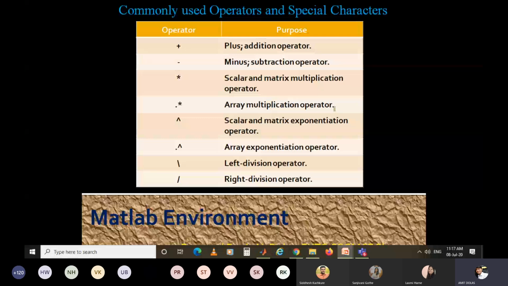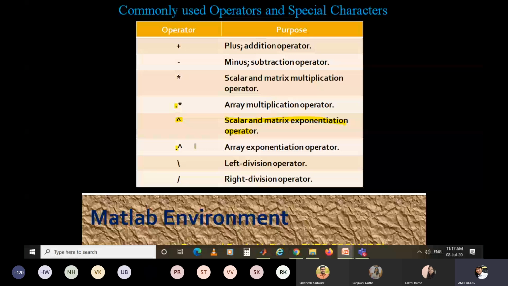Then the up arrow is the scalar and matrix exponential operator. If you put a dot in front, before the star or before the arrow, the dot says that the operation is on arrays.